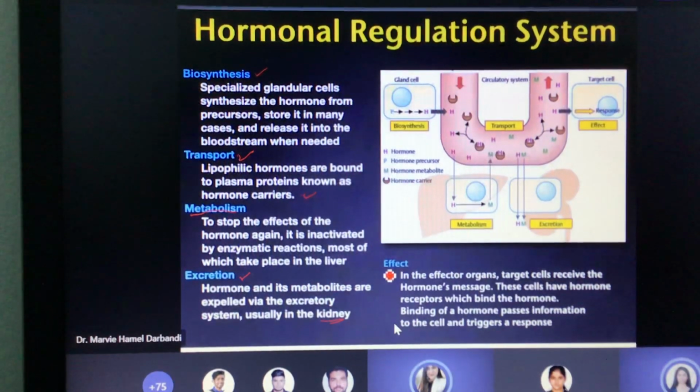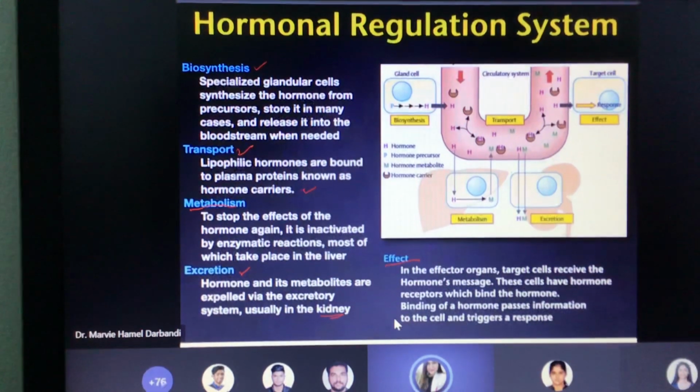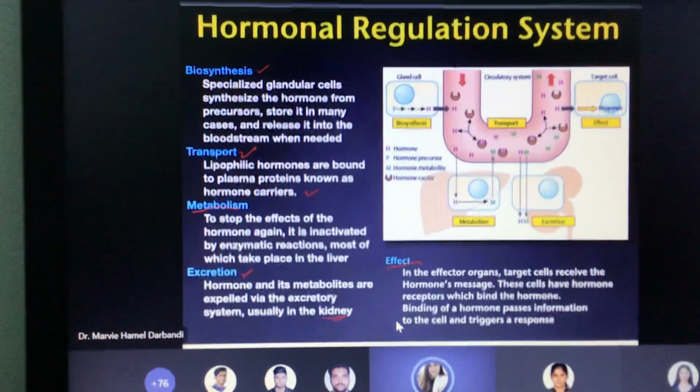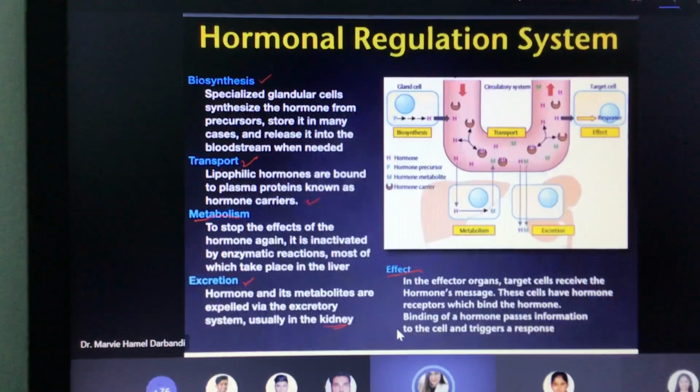Next is the effect. In the effector organ, target cells receive the hormone's message. So these cells have hormone receptors which